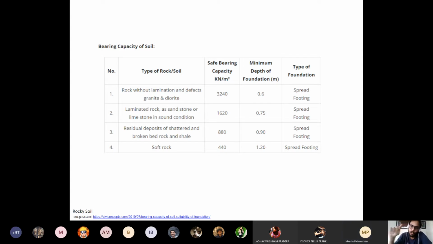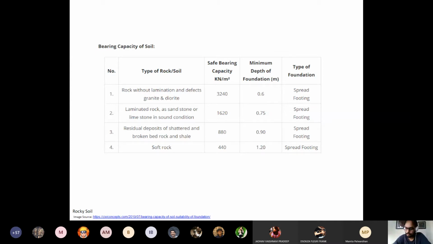Anytime that you have to go in for foundation, you have to do a detailed soil analysis. That's a given. You can't escape that. The structural engineer will then recommend, based on that, at what depth we should put the foundations. But this right now is for us as a reference to start thinking about how things are done. They are calculated with some science and not just like that. But not necessarily if I dig at a rocky soil over here, I'll get that same bearing capacity.